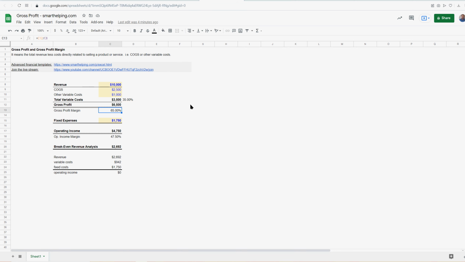The margin's really important to know there, because it can be compared. So if you're looking at a gross profit margin of 65% and gross profit of $6,500, and then you compare it to a different period where, let's say, the gross profit's higher. Let me move this percentage out of the way real quick. Let's say you were able to produce $10,000 in revenue and your cost of goods sold was only $2,000. Well, this is very good, but what if you made more revenue,